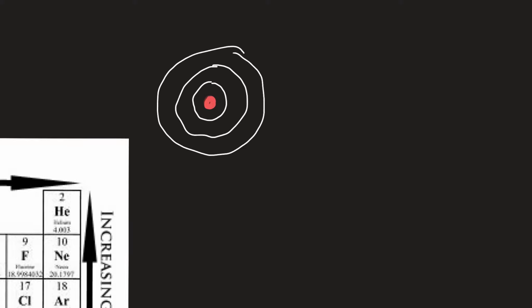So let me draw this out to the side here. Once again, we have our protons, our nucleus, which consists of protons. The nucleus overall is positively charged, right? And then we have our orbitals here. Here's our orbitals, this is a sloppy one. All right, so let's just say this atom here,